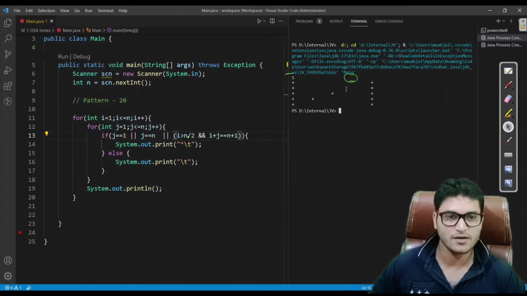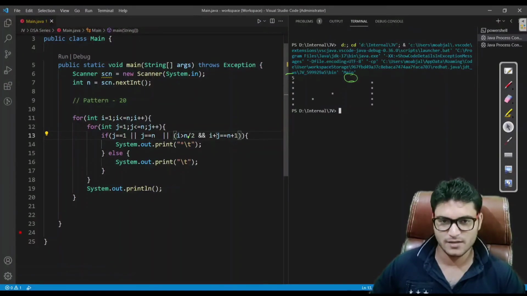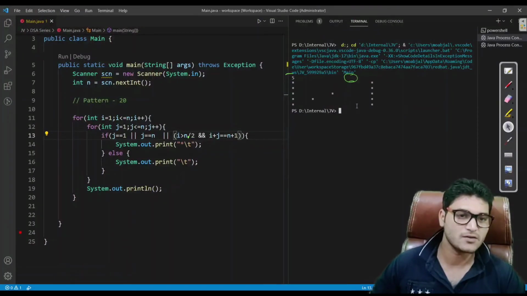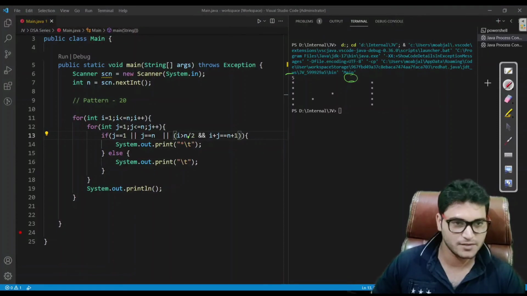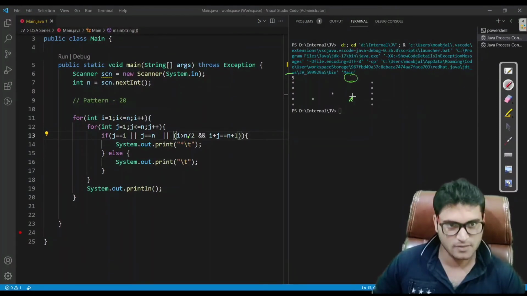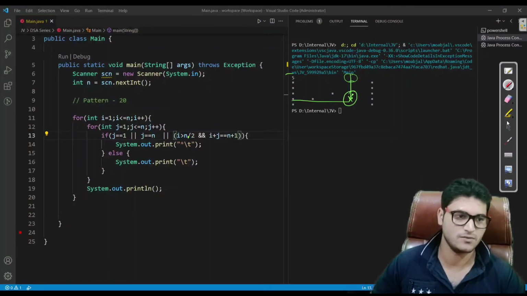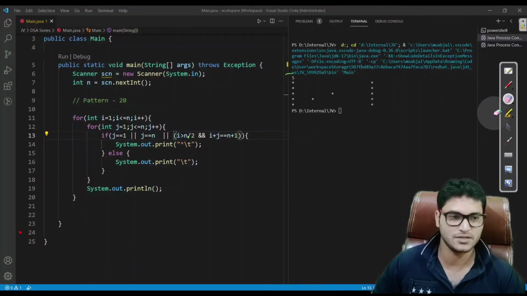So we are done with the mistake, but what we have to do, okay, either this condition is true or i is equal to j. Let's say if we have to print here, then what it should look like, in the fourth row and in the fourth column we have to print the star also. Fine. So that is the missing condition which we have to apply here.